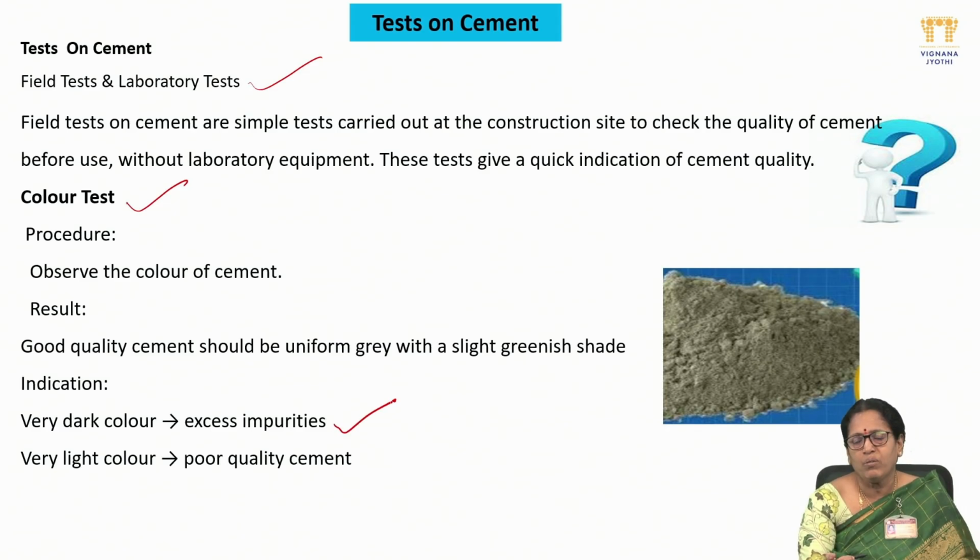The raw materials we use to produce cement are calcium carbonate, limestone, and similar materials which we get from the earth. They might have some soil particles, sand particles, which is going to give impure quality of cement. And if your cement is light in color, it is identified as poor quality cement. Therefore, once you open the cement bag, your cement should have a uniform greenish gray color.